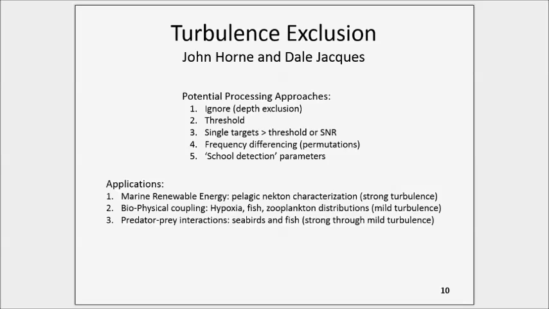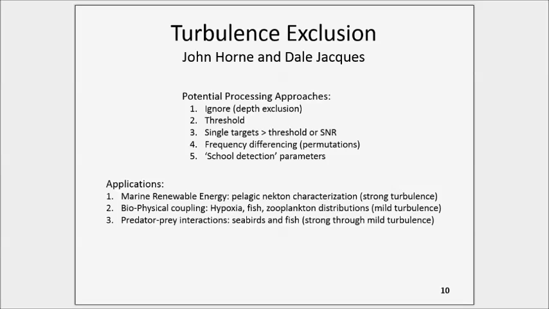But then we've taken that and used it at other sites in a temperate fjord up here where we're having a project looking at hypoxia, looking at fish and zooplankton distributions. That's an example of mild turbulence, which I can show. And then finally,